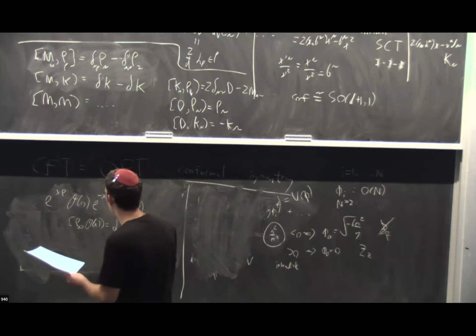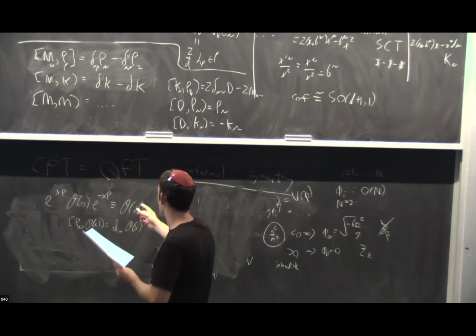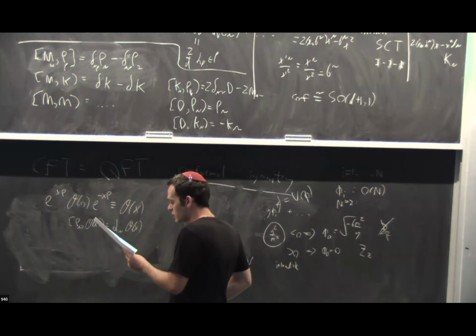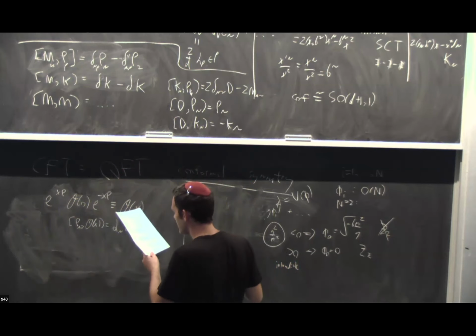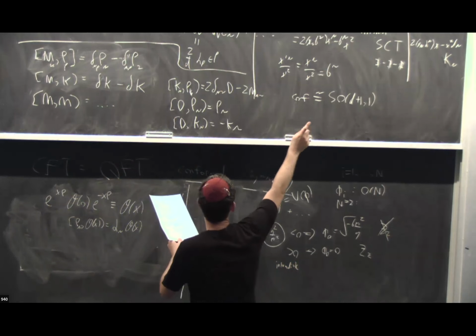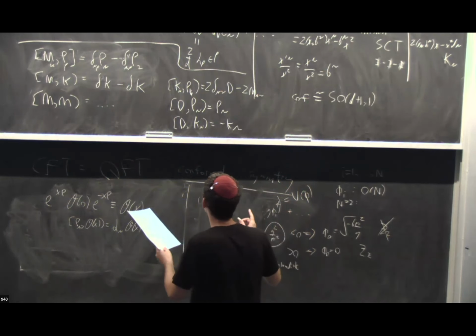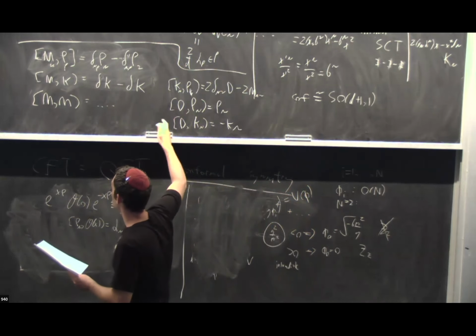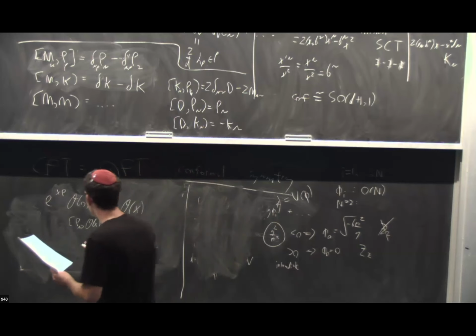So for instance, if you act with a rotation, all it will do is rotate the position of the operator. And the first interesting fact is that in this algebra we wrote down, you can see that D, which is the generator of the dilations, commutes with M. I didn't actually write that down, but these are all the non-zero commutation relations. Everything I didn't write down are zero commutation relations. And so the fact that D commutes with M,